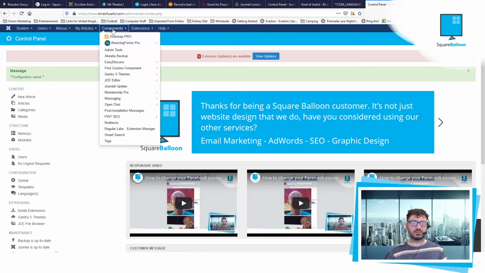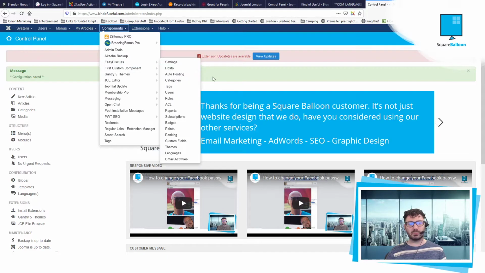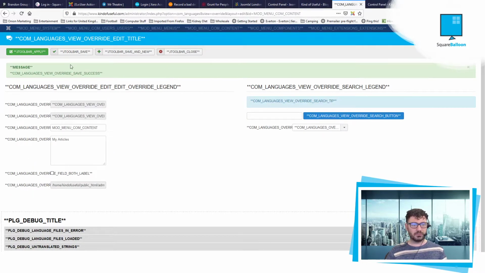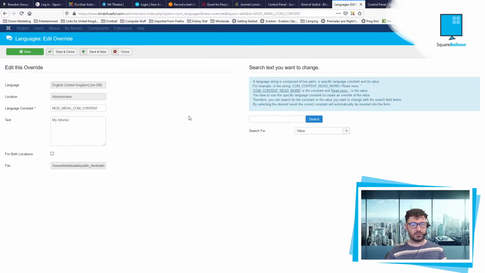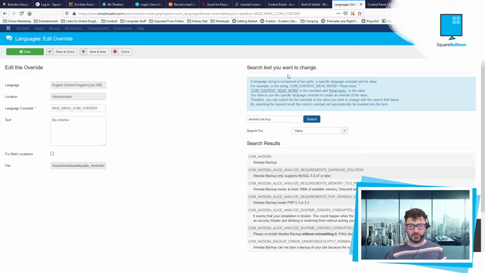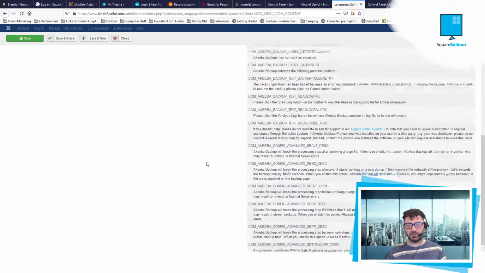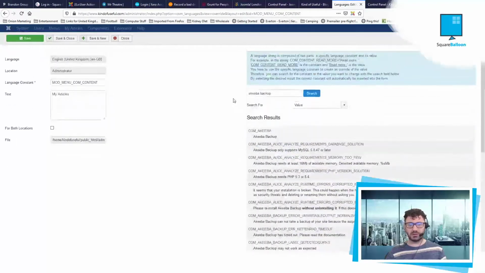Now you can imagine that sometimes clients might, for example, find Akeeba Backup a bit confusing because they don't know what Akeeba means, and sometimes clients are scared to touch things. So let's refresh this. So now let's type Akeeba Backup. Oh, Akeeba Backup. So you can see there's probably quite a few, but probably because Akeeba Backup always starts with Akeeba Backup and